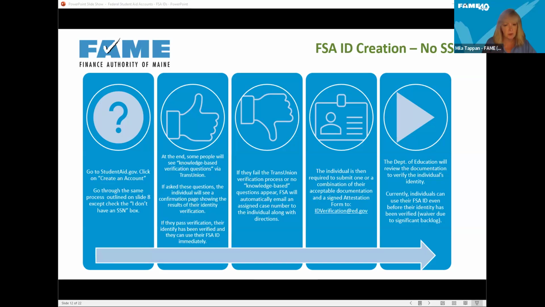If they don't see the TransUnion questions at all, and the majority are not even seeing them, because there's not enough info to have those questions served up, then they have to verify their identity manually. And what's happening is there's a huge backlog of manual verifications. So at this point in time, even those people who don't see the TransUnion questions or fail the TransUnion questions and have submitted their documentation manually,